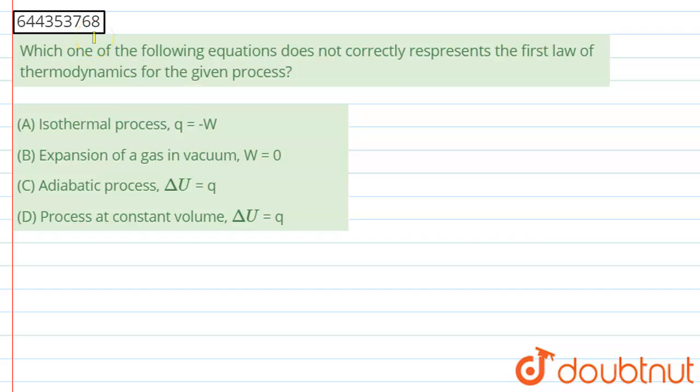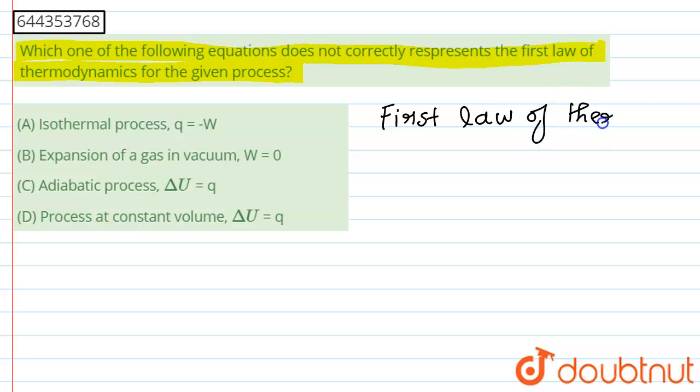So in this question it is asked that which one of the following equations does not correctly represent the first law of thermodynamics for a given process. So the first law of thermodynamics is written in the equation form as U equals Q plus W. So this is the first law equation, and where U is